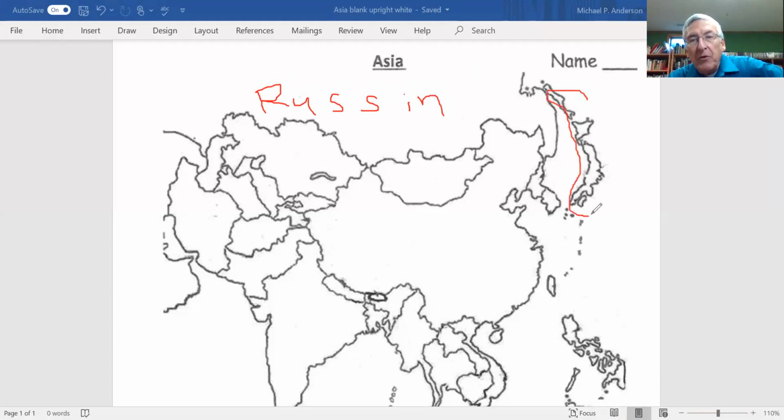You probably know what that is because you're thinking back, oh, wait a minute, we looked at this sea right here, and this is the Sea of Japan, so this must be Japan over here. And you are absolutely right. And this big honker right here, this is China. China has the largest population in the world. I think that's one of your test questions.